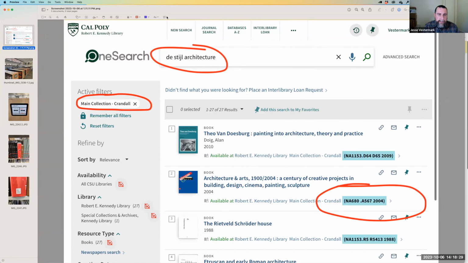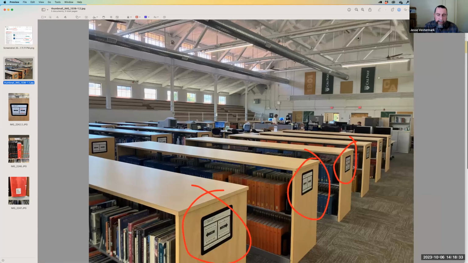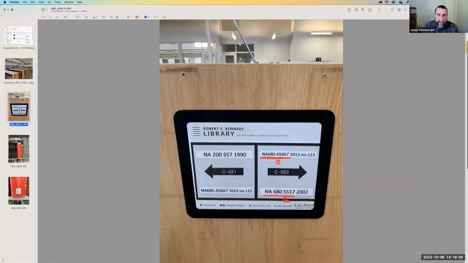So when I switch over to these screen caps, this just reiterates what I've just gone over. And then when I get to the building, this is what it looks like. So how do I find that book? Well, at the end caps of each of the aisles there are signage guidelines that tell you what range of those codes fall from left to right on the shelves within. So once I start scanning those, I'm looking for the NA